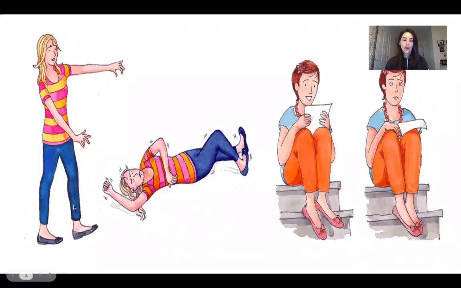This is just a picture showing the different seizures. You can see the one on the left, her arms are stiff and rigid, and that's more of a tonic seizure. And then the one of her on the floor, that's a tonic-clonic seizure, more of the jerking motions and seizing of the entire body. And then the one where she's reading the paper and looking into space, that's going to be the petit mal seizure. You can see that she is looking blankly, not really doing much, and the seizure is still going throughout her brain.